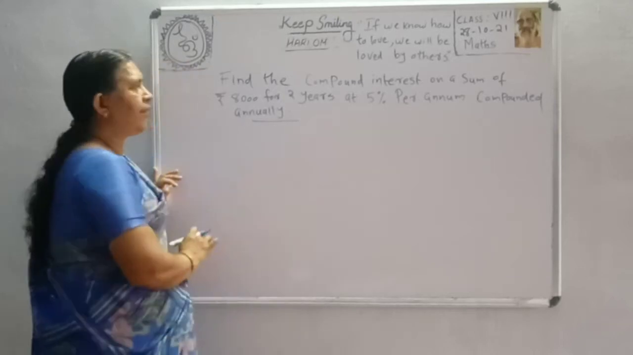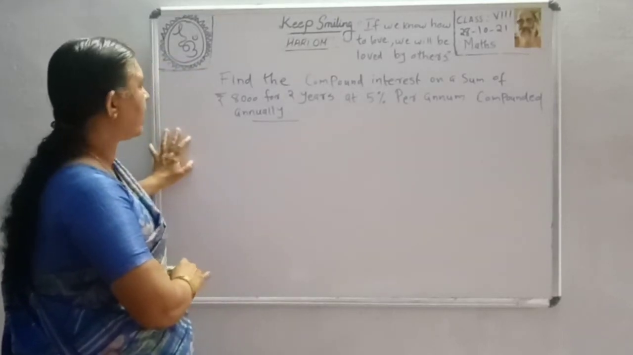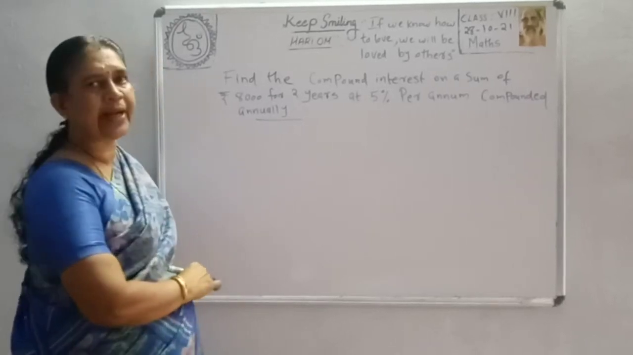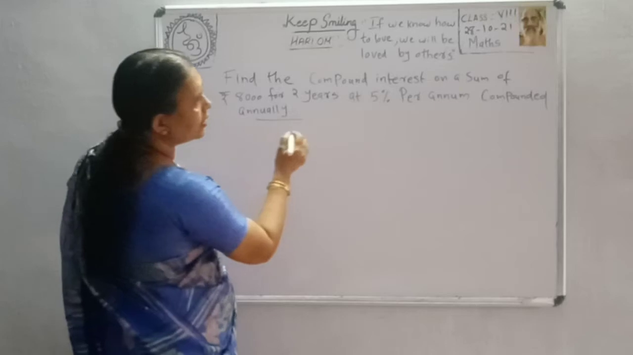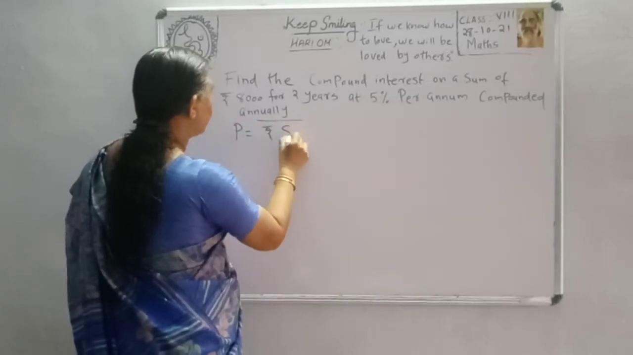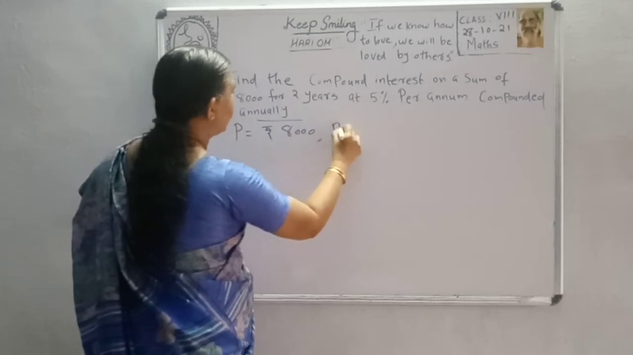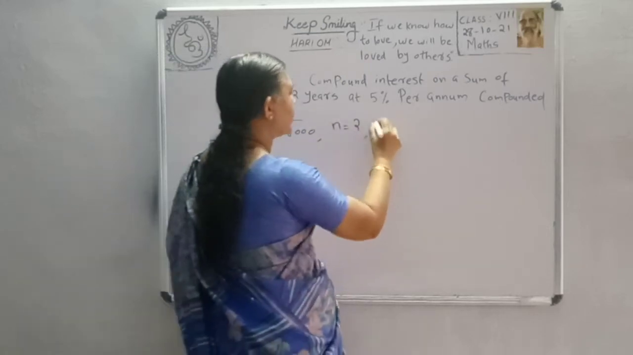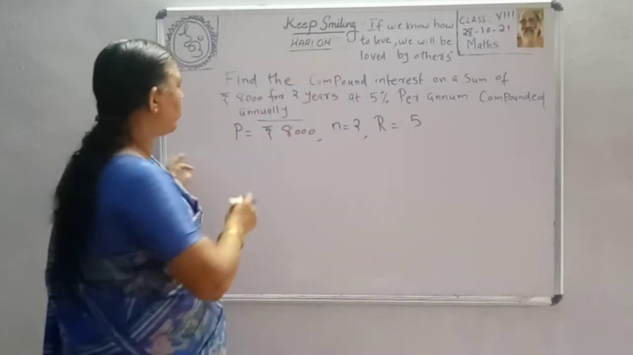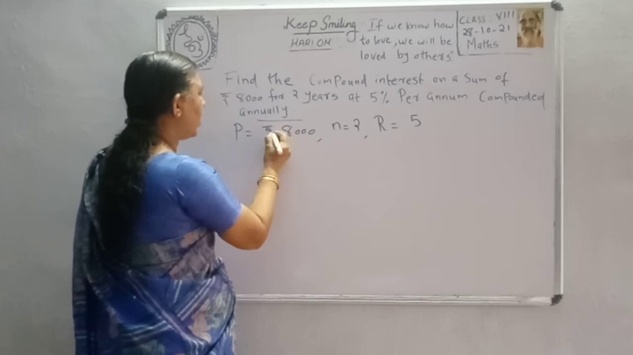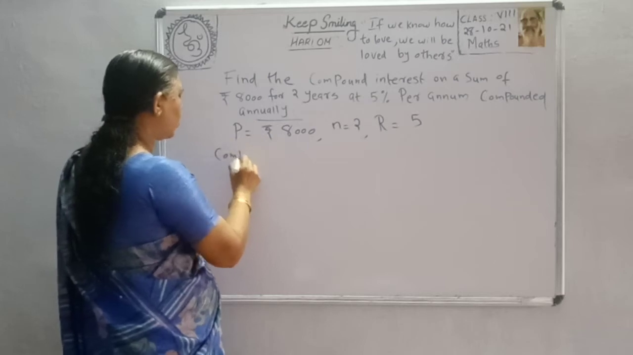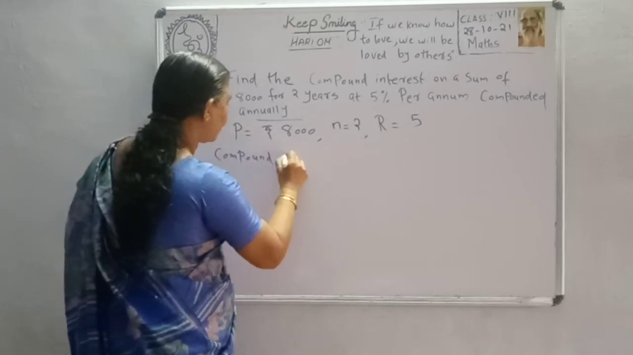Next question. Find the compound interest on a sum of rupees 8,000 for 2 years at 5% per annum compounded annually. Here P is equal to rupees 8,000, n is equal to 2, R is equal to 5% per annum. So what is the formula to find the compound interest? Compound interest is equal to